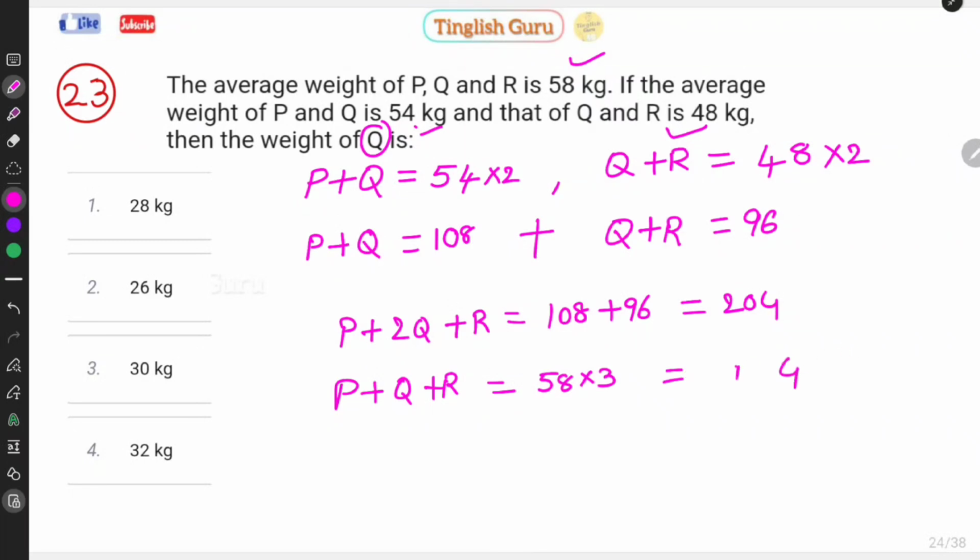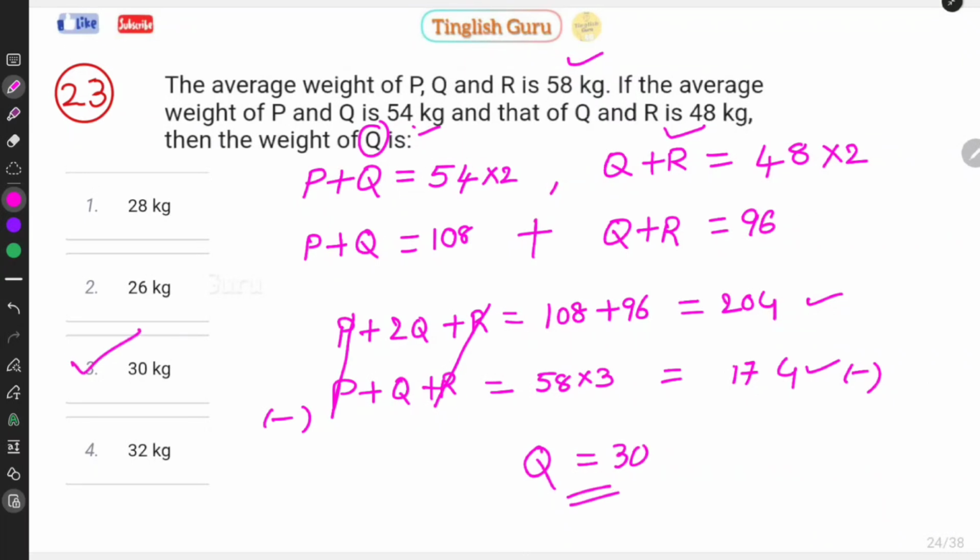that is equal to 3 8s 24, 15, 174. So subtract these two values, P minus P cancel, R minus R cancel, 2Q minus Q is equal to Q, that is equal to 204 minus 174 is 30. So weight of Q is 30, option 3. Next,